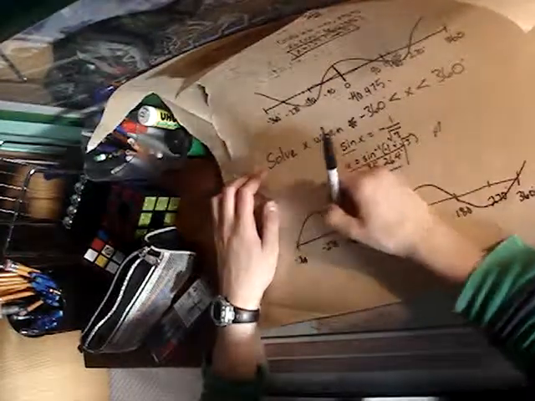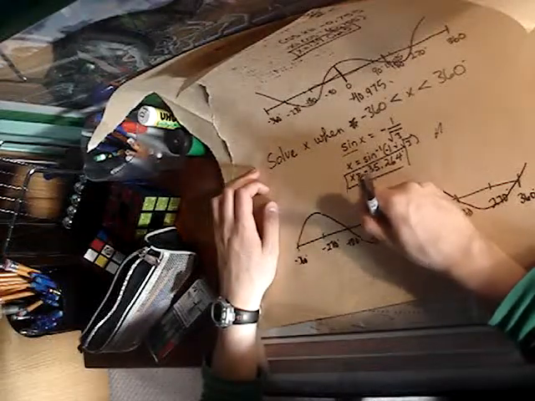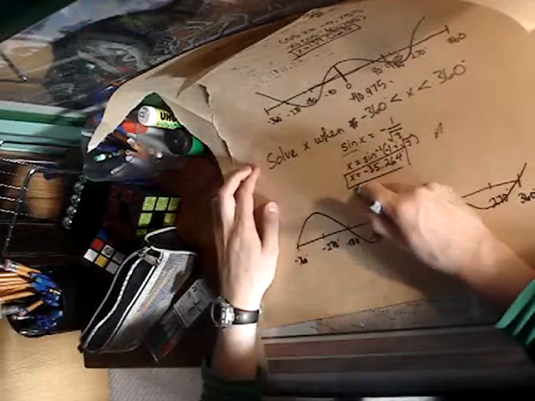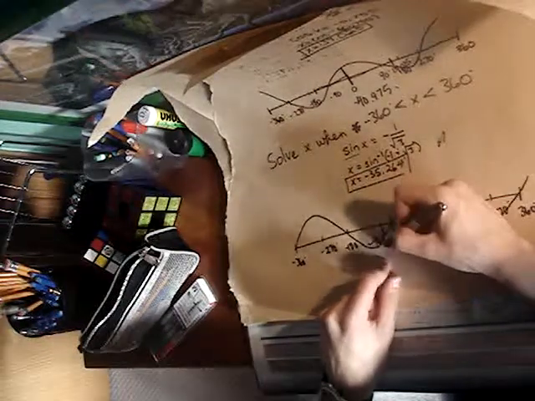Alright, now we need to find negative 35.264. Negative 35, we'll say that's about here. Negative 35 point something. Alright, now we need to look at the symmetry of the graph. So we've got here this